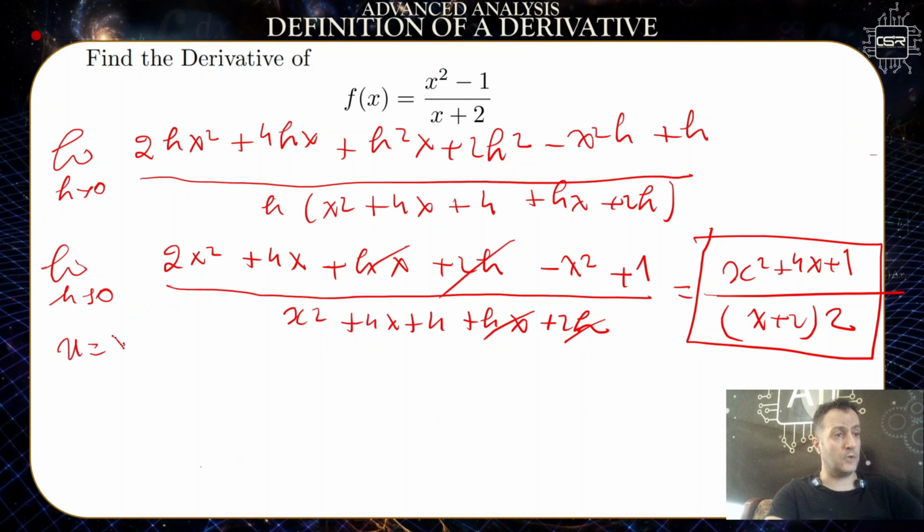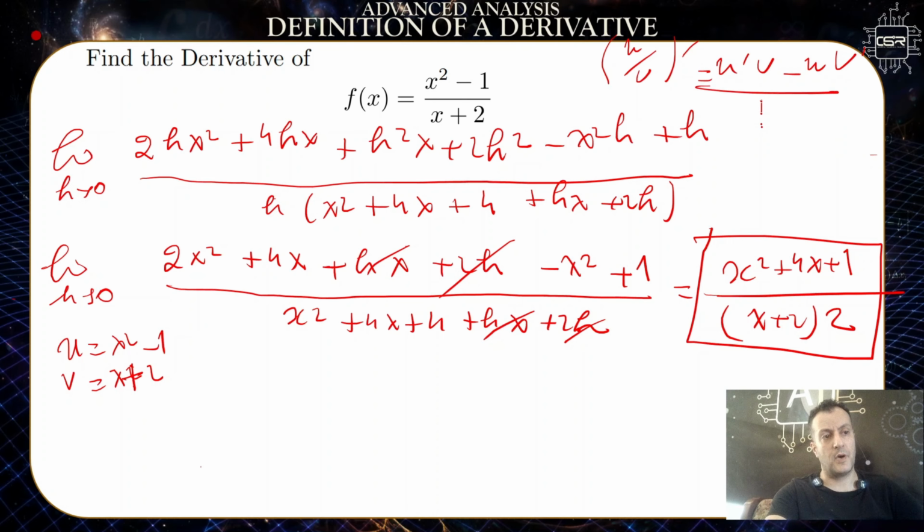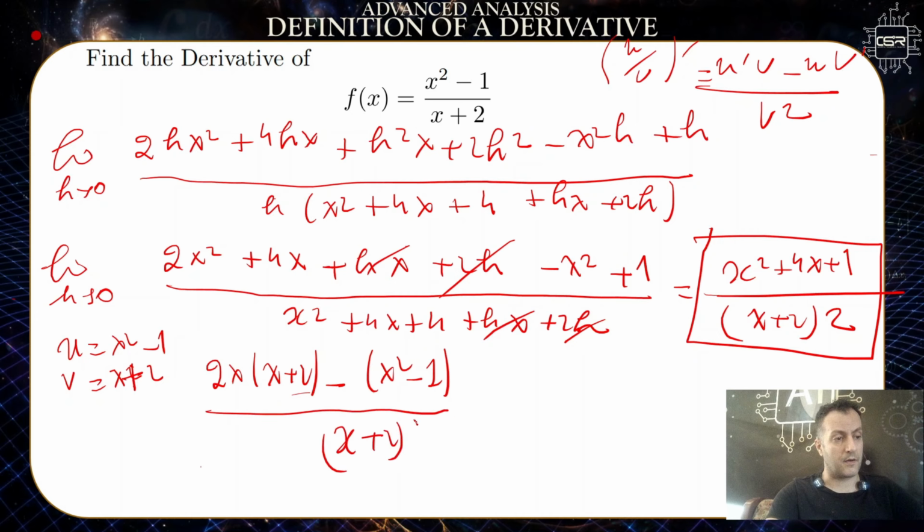If u is equal to x squared minus 1 and v equals x plus 2, so the derivative of u over v is equal to (u prime v minus u v prime) divided by v squared, which is u prime times v, 2x times (x plus 2), minus u, x squared minus 1, times v prime, which is 1, the derivative of x plus 2, divided by v squared, which is (x plus 2) squared, equal to (2x squared plus 4x minus x squared plus 1) over (x plus 2) squared,